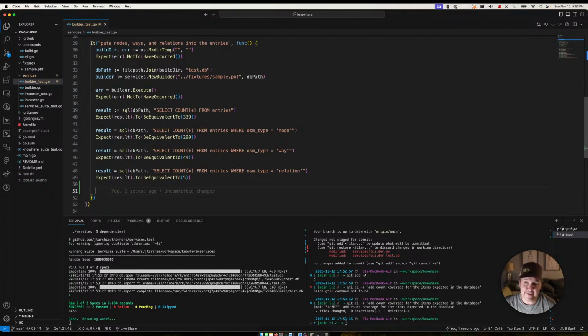I'm going to be honest. This sample PBF file I found randomly on the internet. I literally searched for example OSM PBF file just to have something that wasn't a 40 megabyte file checked into my GitHub repo. I think what I might do is, for my builder,